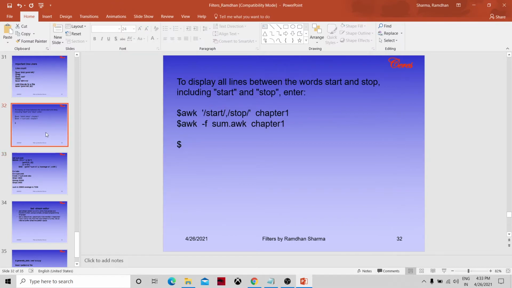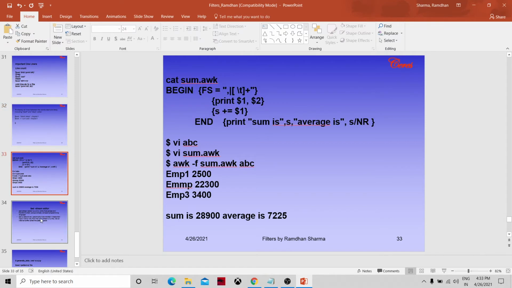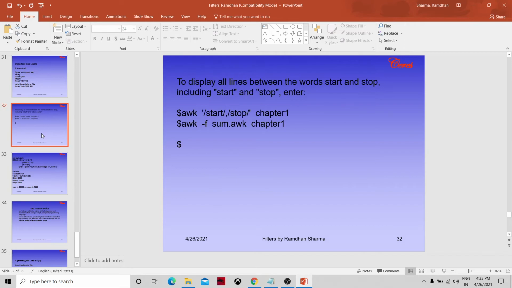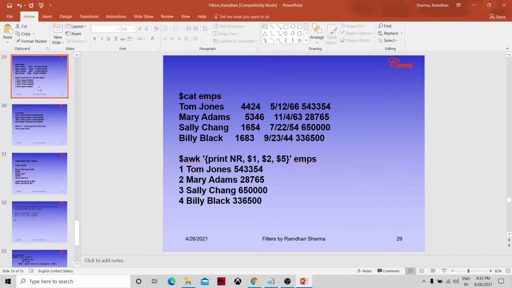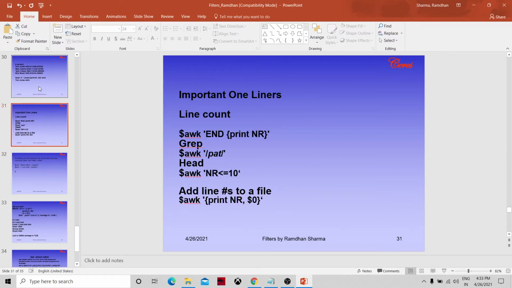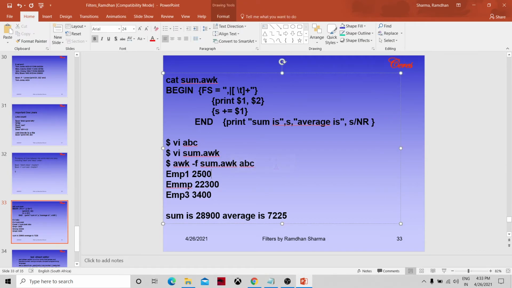So what is $1? What is in chapter 1? Let me see what it is. I do not have the chapter 1 data; let me check. Okay, so probably the employee name or something. See here, ABC, right?